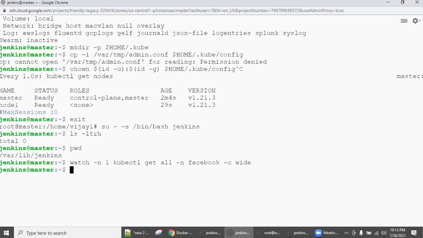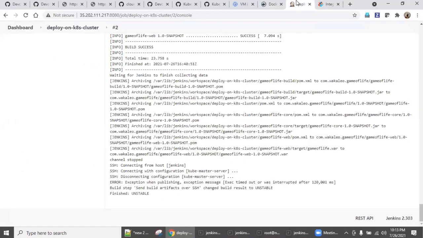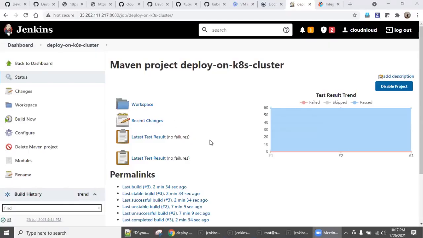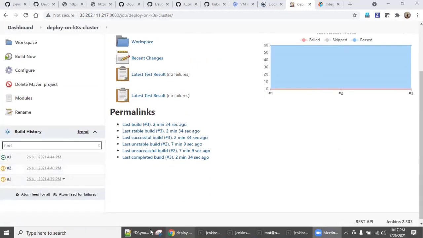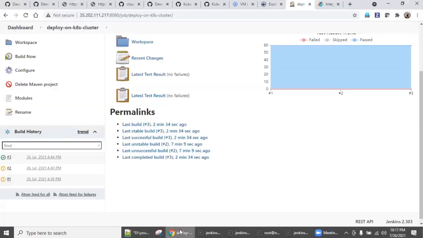Let's again run this command, Facebook. So there is some error. There is a sleep command we have missed. So now it's okay. So now I'm doing the build now again.